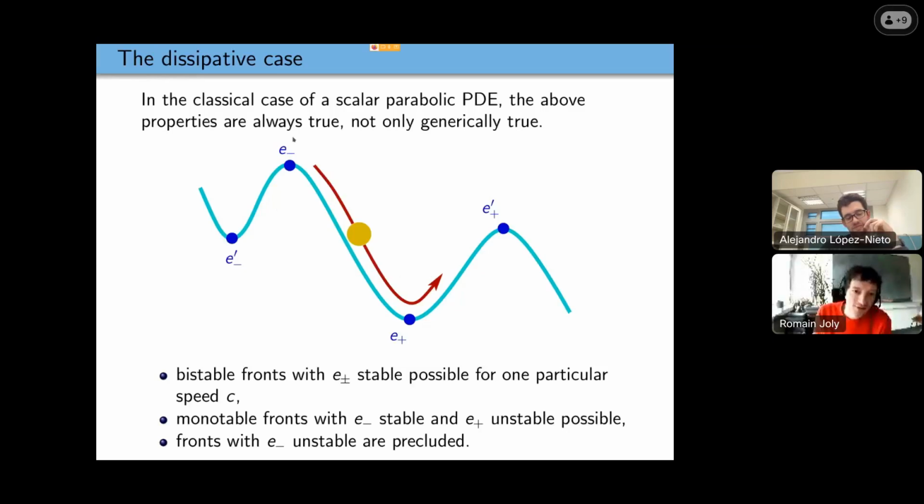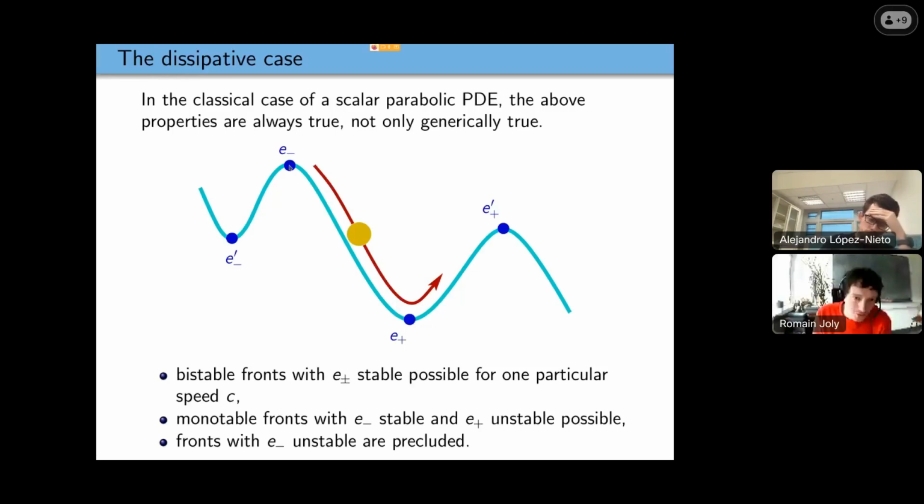If you look at monostable fronts, in the sense that E minus is stable and E plus is unstable, then you get an infinite number of traveling fronts, monostable traveling fronts. There are these traveling fronts where you brake just slightly so that you have an oscillation like this, and you finish at E plus here. So this is one case, but for the usual PDEs they are not very interesting, because often this is 0, and so it's a negative solution. So often it's not what you would like to do.